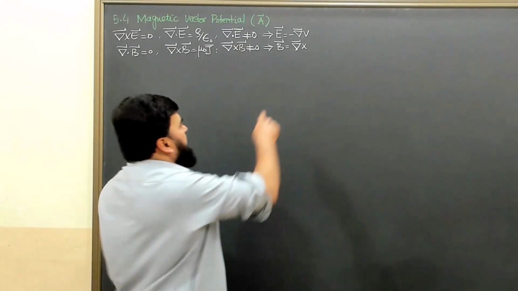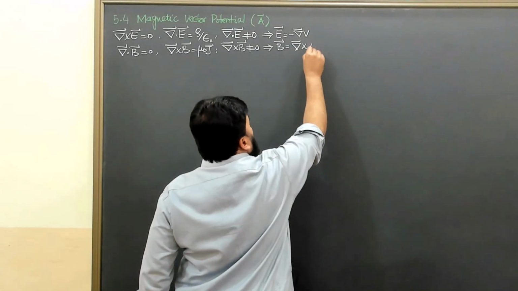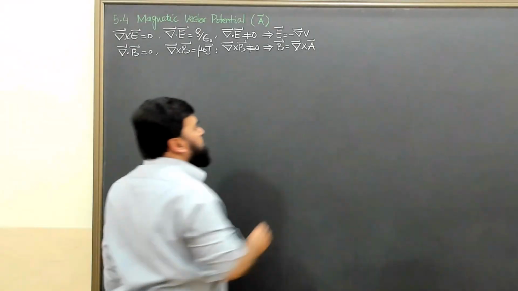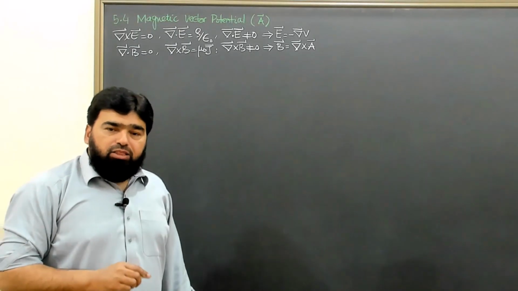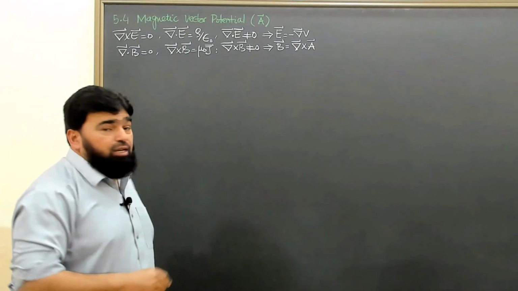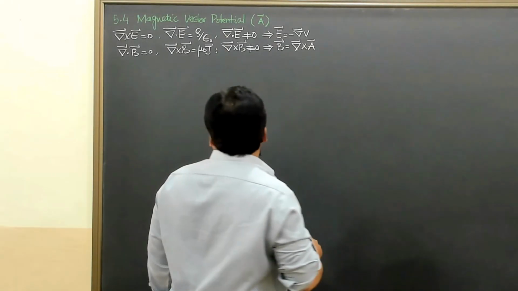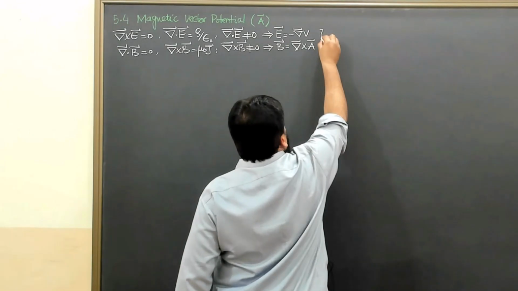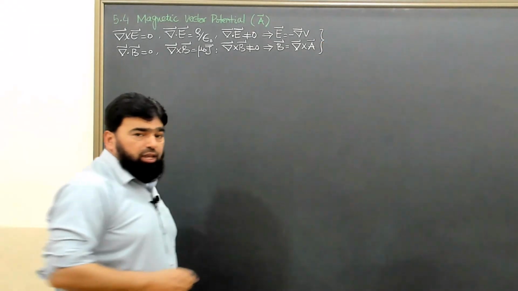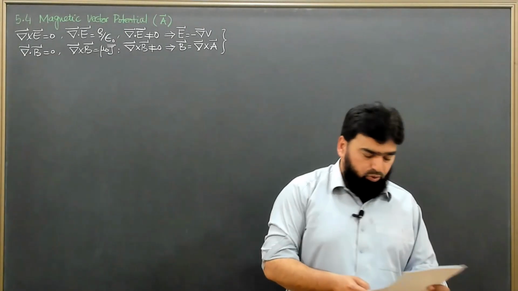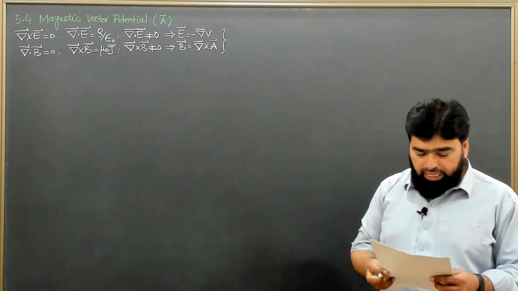Now when I take the curl of this, it cannot be a scalar, it has to be a vector, and that's why we say magnetic vector potential. So this is the overall story that we have from the set of Maxwell equations. Now